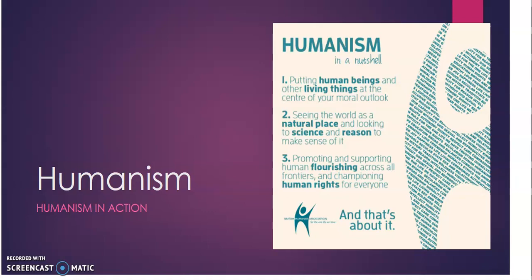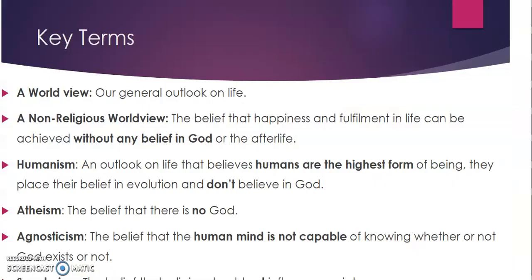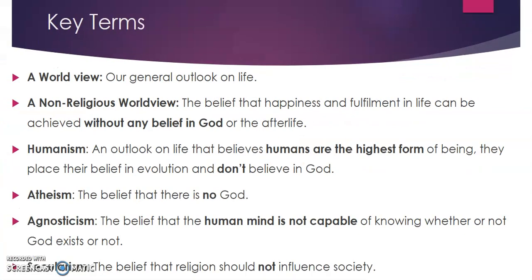So, first of all, for our revision. According to the British Humanist Association, what you have here are the three main beliefs of humanism, or as they say, humanism in a nutshell. As we're also looking at it, here are the key terms that you would need for the Junior Cert. The difference is that everyone has a worldview, which is our general outlook on life, and then you'd have a non-religious worldview. So how your point of view, how your opinions on everything that's going on around you is shaped without any religious belief or any religious prejudice or idea, for want of a better word.